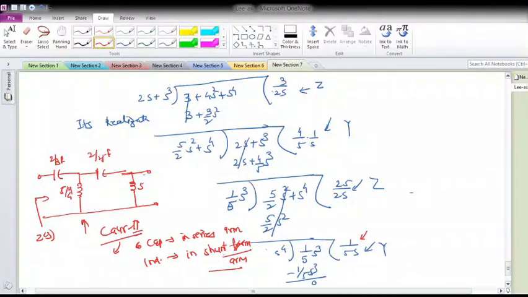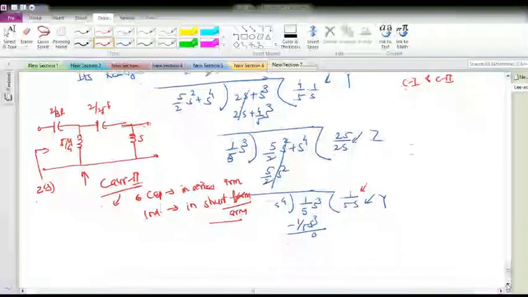So this way we can say these are the basic canonical form syntheses. As we have already seen, there are various ways by which you can realize the circuit: Foster 1, Foster 2, Cauer 1 and Cauer 2, and many more. Sometimes you can combine Foster 1 with Cauer 1 or Cauer 2, or Foster 1 with Foster 2. So you can get a hybrid combination also. If you combine Foster 1 and Cauer 1, Foster 1 and Cauer 2 like this, that is called mixed form or mixed canonical form synthesis.